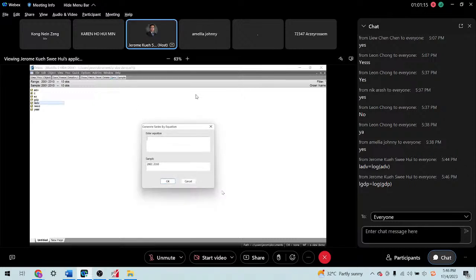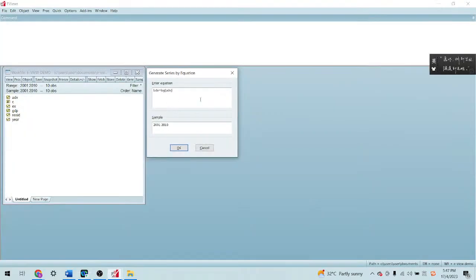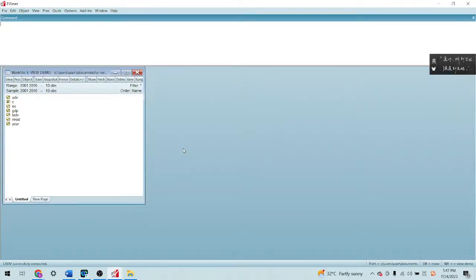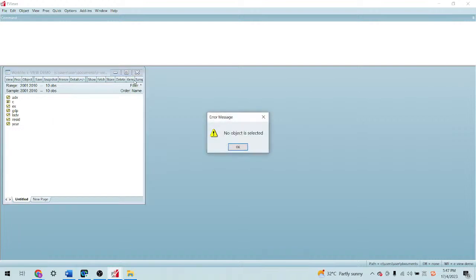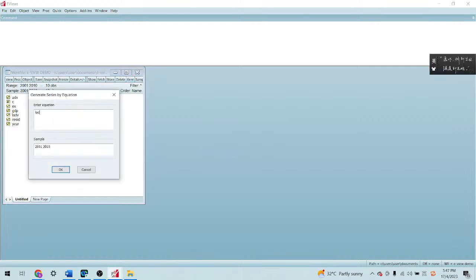If you repeat the same process, L GDP equal to log GDP. Okay, so you can see that there's a new variable created. You can also try the LEX, the log EX. So you have the 3 original variables, now with the 3 new logarithm forms.